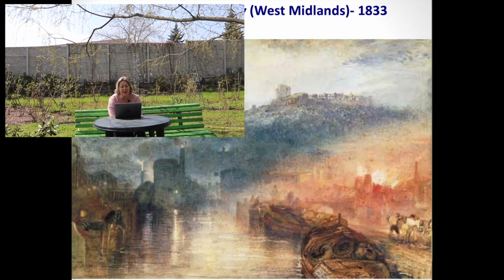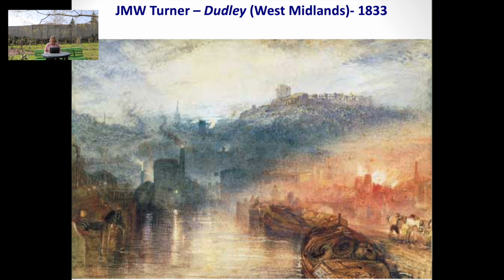So basically industrial and commercial activity contrasted with the old castle. A similar view in the village of Dudley in West Midlands. We have a ruined castle in the background on the hill, and in the foreground we have a very bustling commercial and industrial activity. So West Midlands, the area hit hard by the Industrial Revolution, and this is what